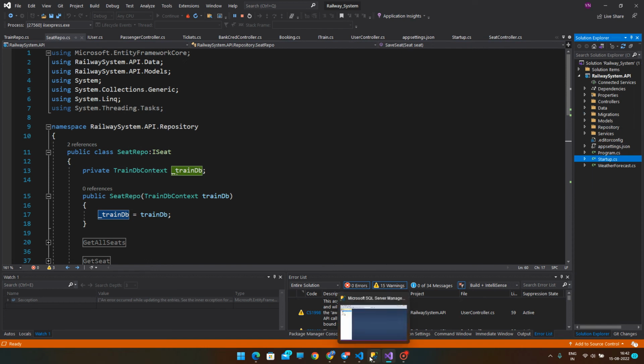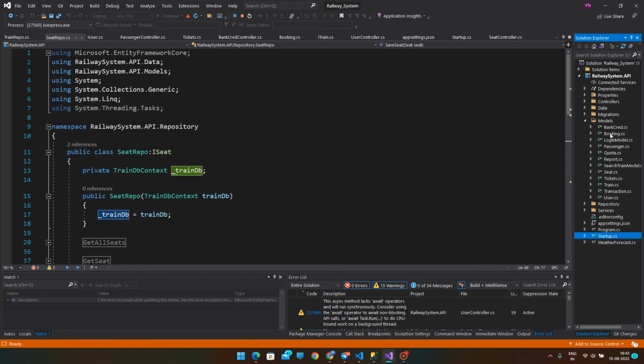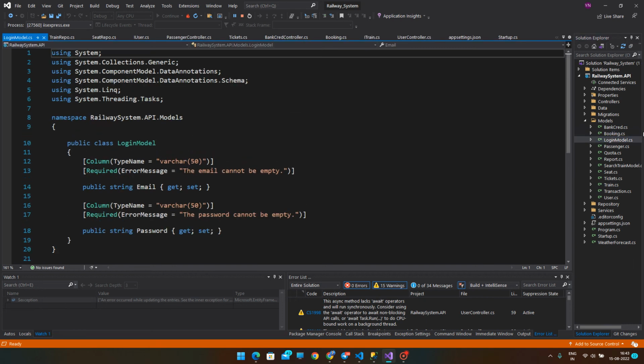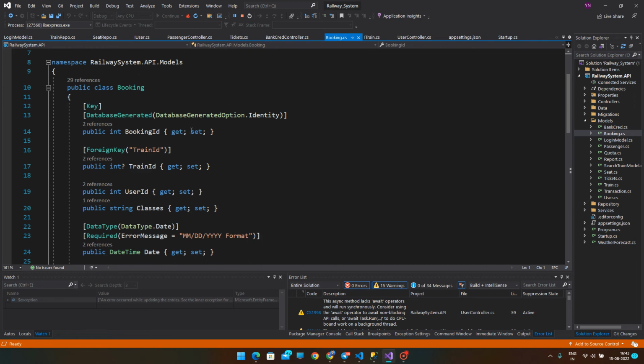So whatever values we give, it gets stored in the database. And we are creating the models folder for holding the details and properties of the trains, users, tickets. It is actually used for getting and setting the values of the properties. Like get will be able to return the value, and set will be used for assigning a new value